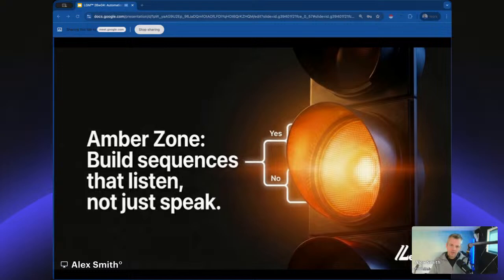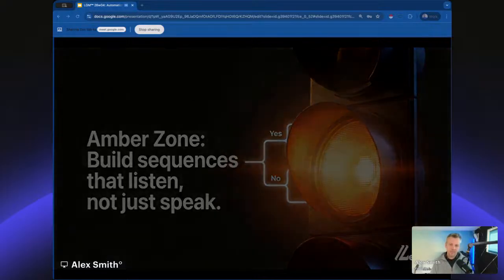So a lot of tools can offer different ways of automating those different processes within the Lead platform. We can do profile views. We can also do post likes and comments as well, just to build up that automation piece. If you're doing that anyway, it's great to automate that piece as well. So those are the amber ones. So just be careful when you're automating those ones.